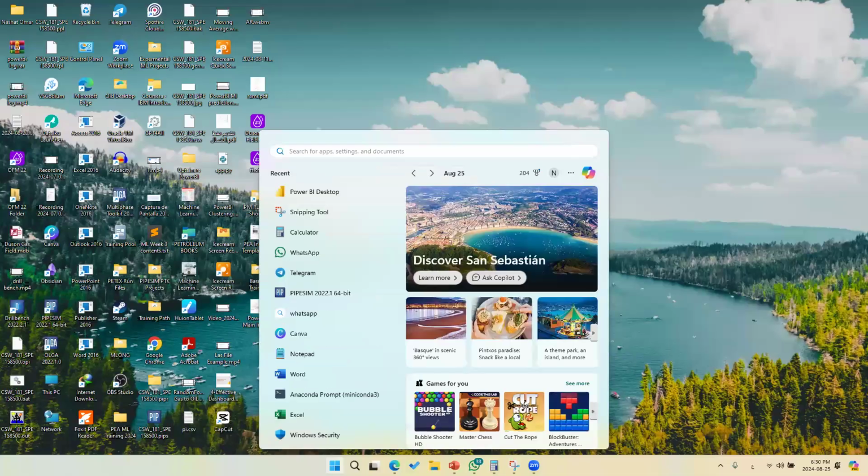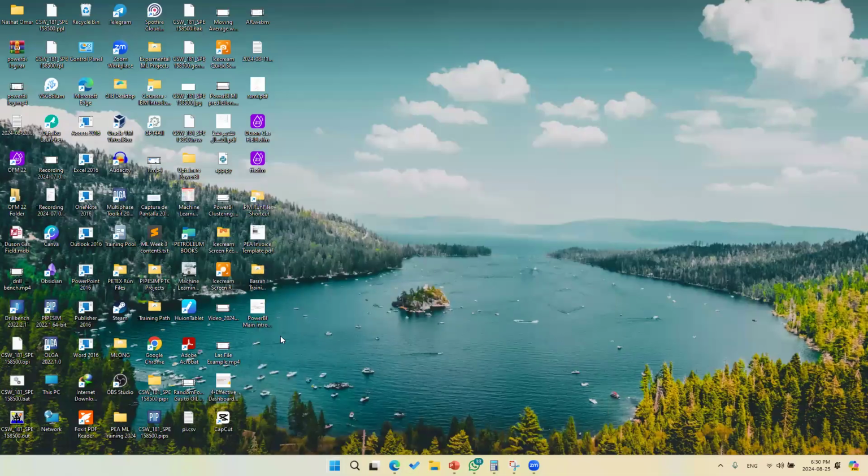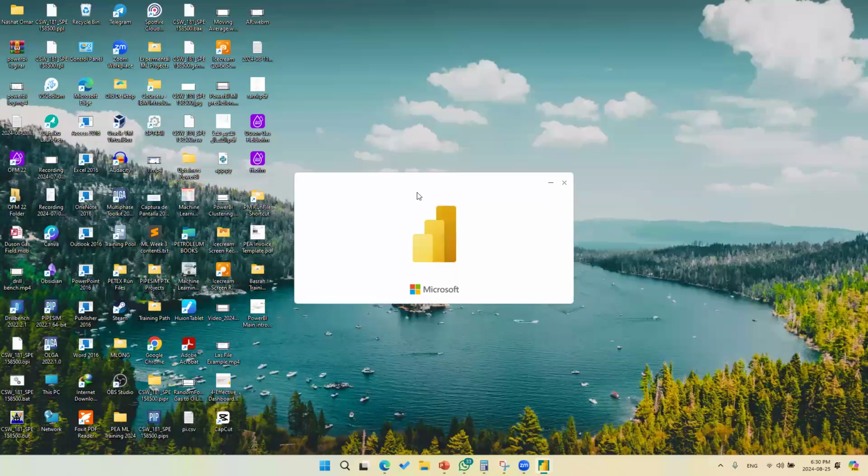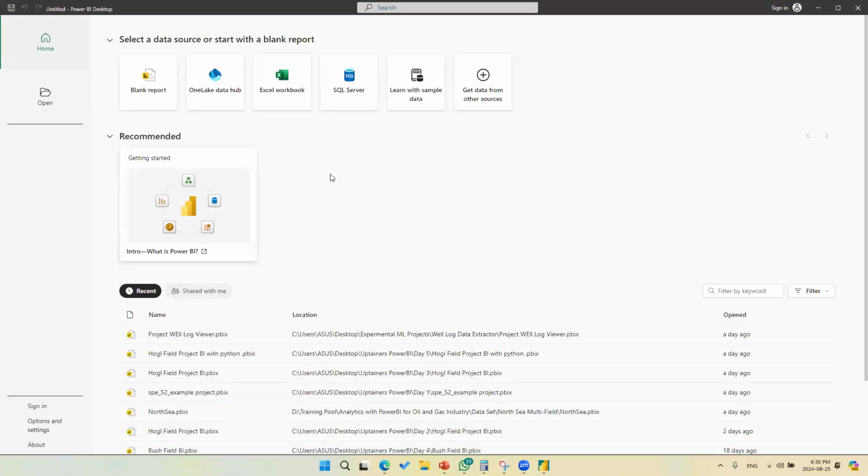Empty Power BI project. An empty Power BI project is just the empty software. So you will launch the software. And once you have the software launched, we'll go ahead and click on blank report. A blank report is just an empty project that you can shape in any way you